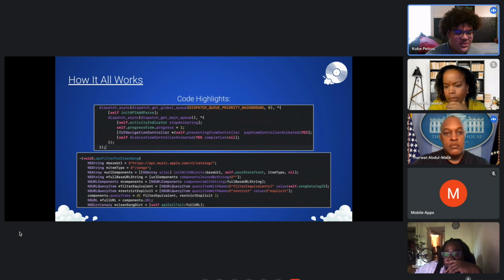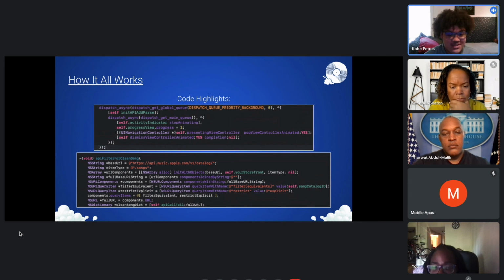The other thing that I really liked doing was finding out how to make the API calls. When I learned how to build iOS apps, the people that taught me didn't explain how API calls work. So I also had to figure this part out by myself and figure out how to add query items and fill out the body of a URL request and stuff like that, and actually make the call. That took a lot of elbow grease on my end, so that was really fun looking at. But I'll show you now